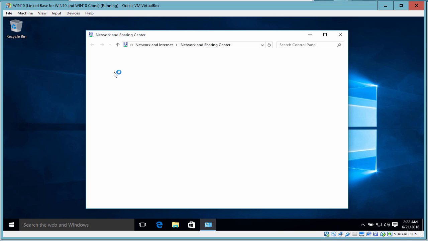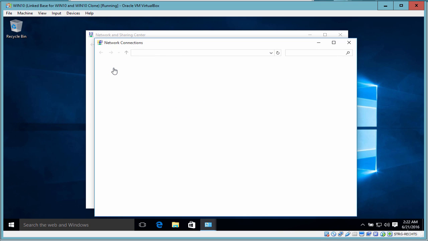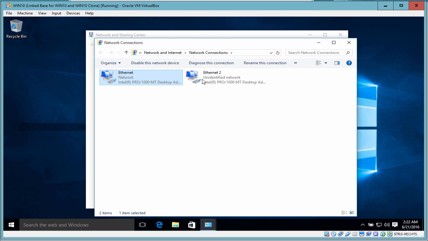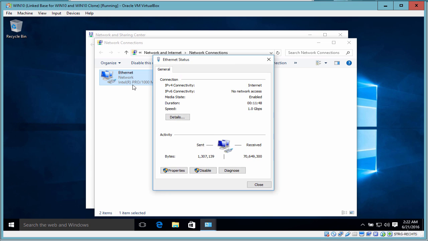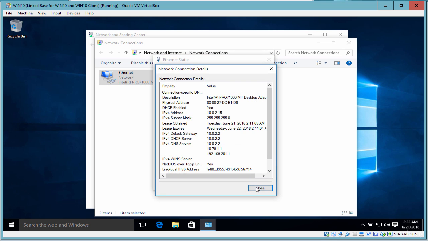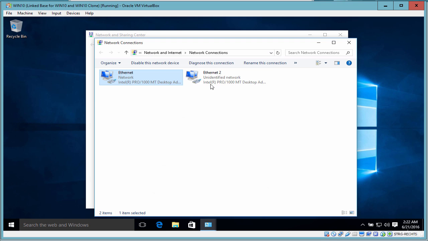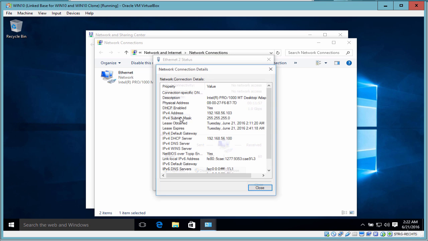One's Ethernet and one's called Ethernet 2. What we do here is just check the IP addresses for the two different ones. We see this is the one connected to the internet. This is the other Ethernet cable that we want to get the IP address for. This is the address